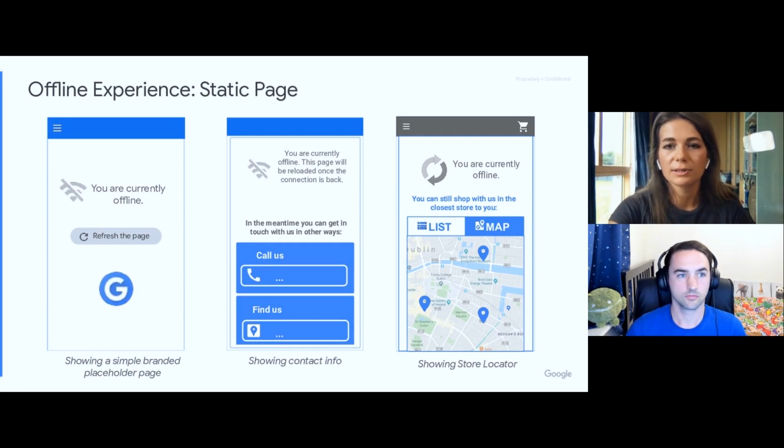Right, these are some examples of a simple placeholder page that you can also think of. You can think about the way users can engage with your brand while they're offline, right? If the website doesn't work, then maybe they can get in touch with the call center or visit your store, right?